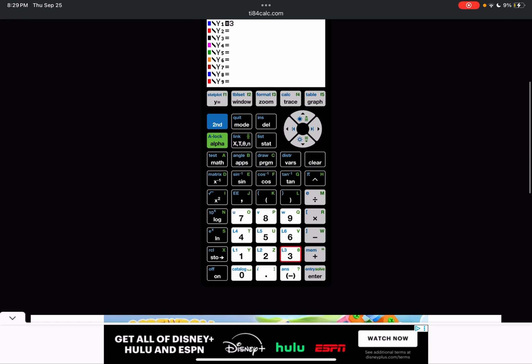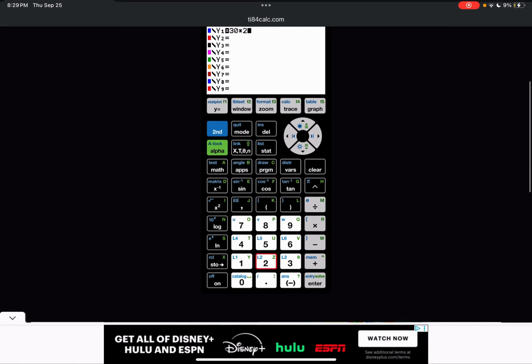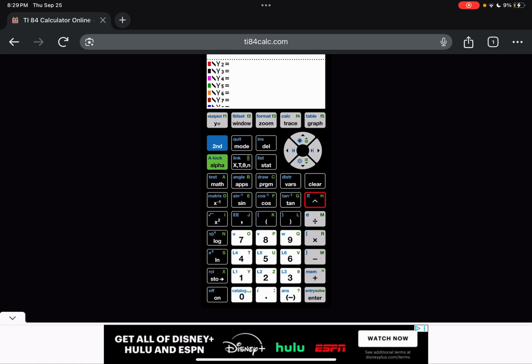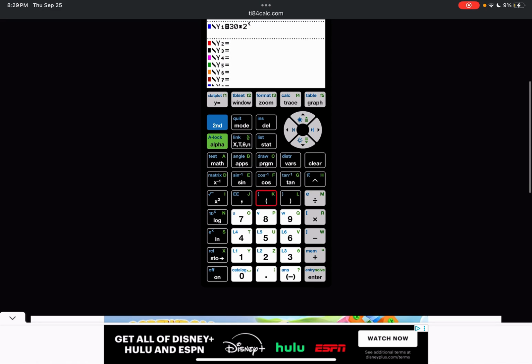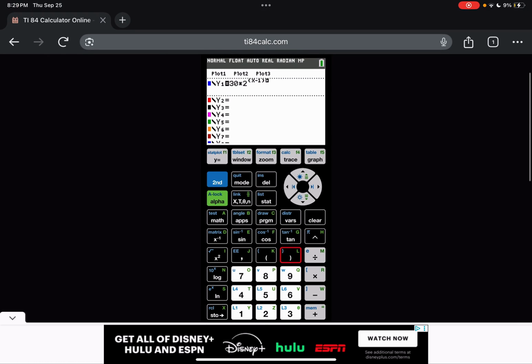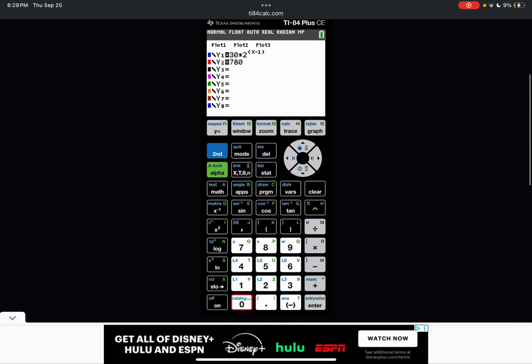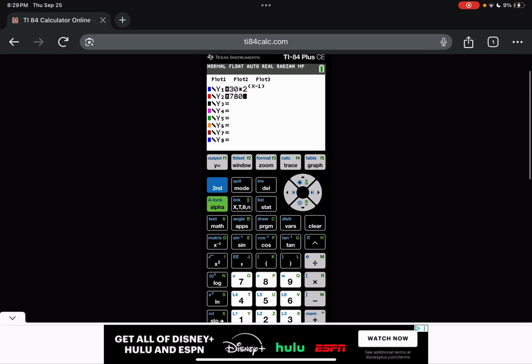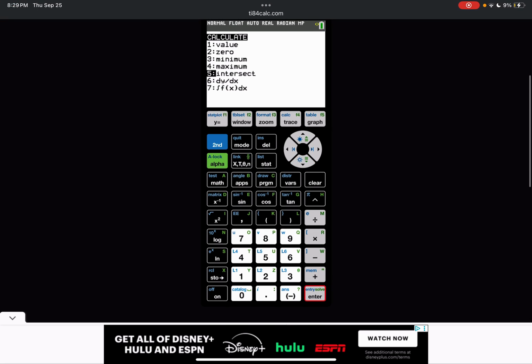That function we just found to be 30 times 2 raised to the x minus 1, over, and then we want to figure out when that's going to be equal to 780. So we can do second calc, intersect,